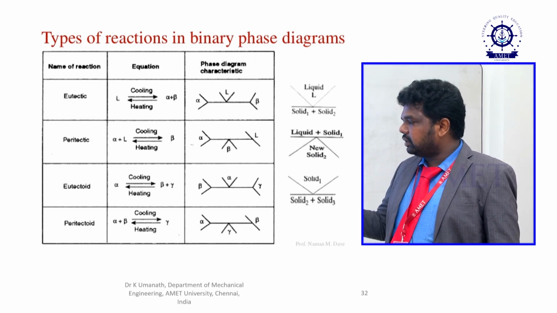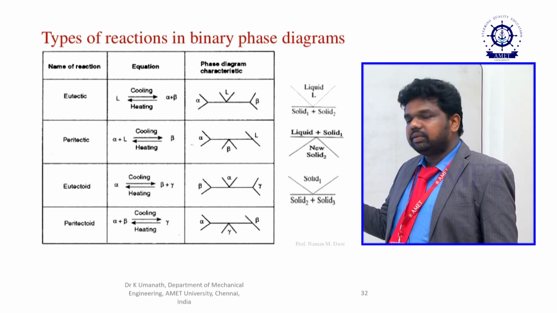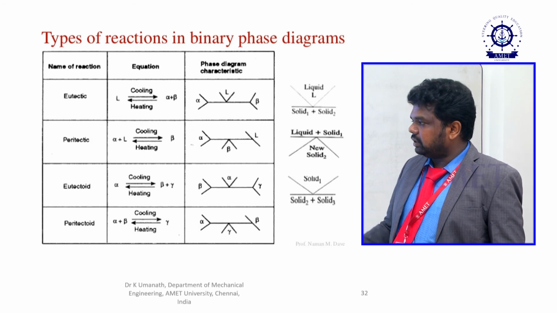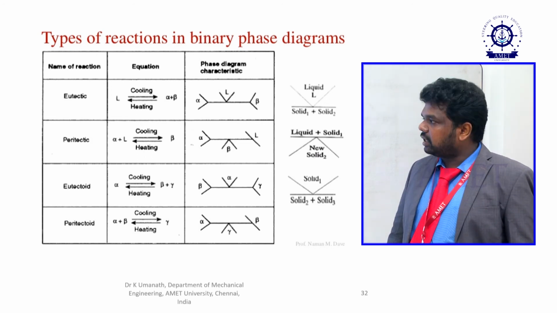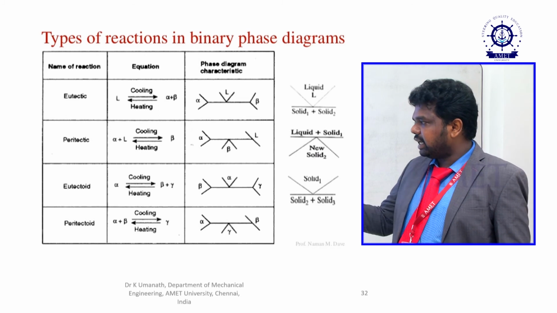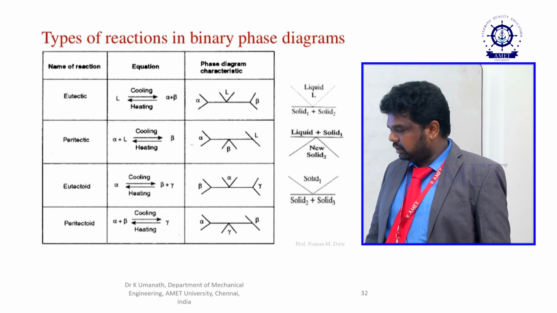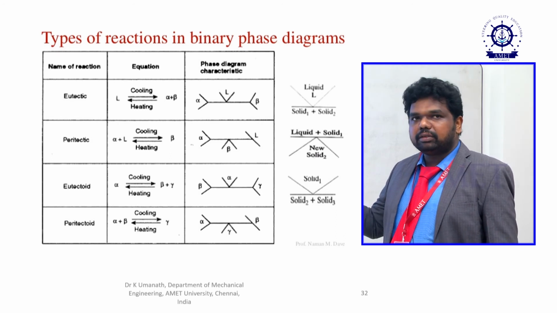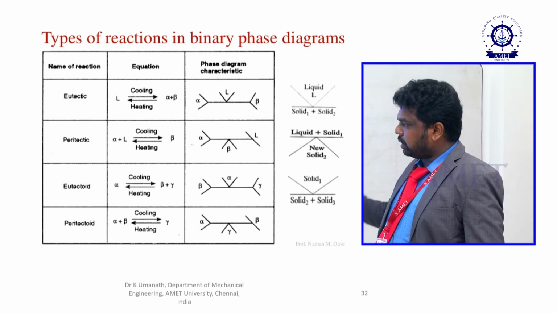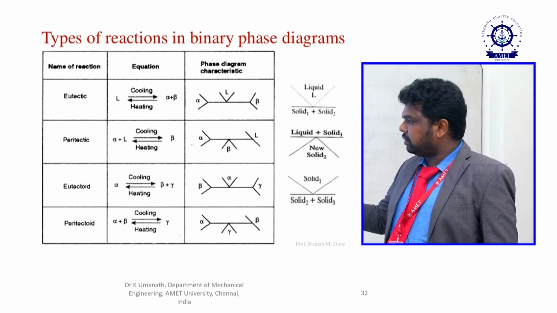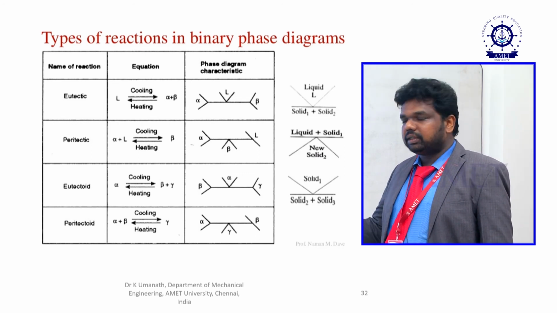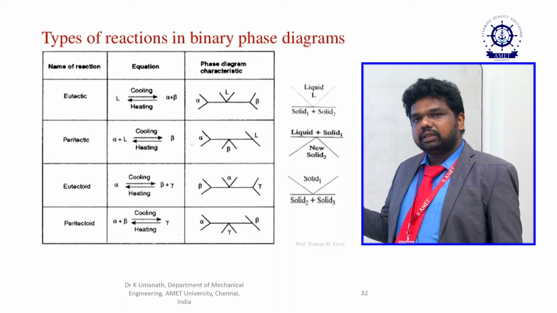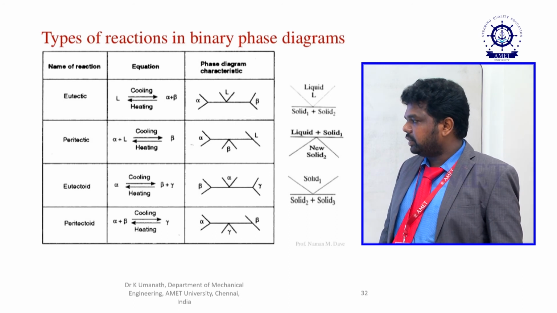Then the eutectoid reaction is similar: one solid is transformed into two solids when cooling. Then when heating, two solids transform into one solid. This is the eutectoid reaction. One more reaction also occurs, the peritectoid reaction. These reactions also occur in this iron carbon diagram. So these reactions are normally called two solids transform into one solid. This is also when cooling, two solids transform into one solid. This is for peritectoid, or when heating, one solid transforms into two solids. It is for the peritectoid reaction.